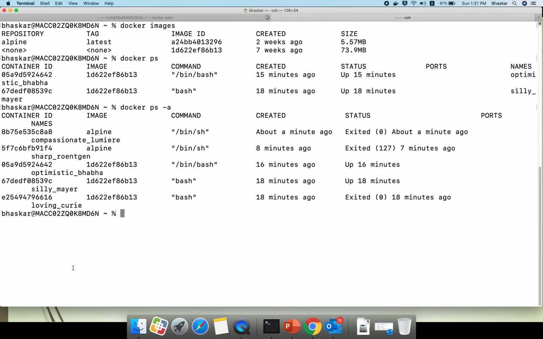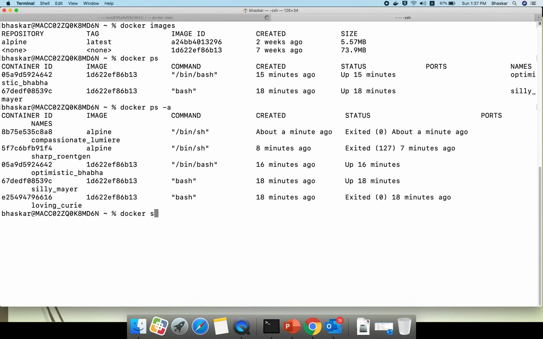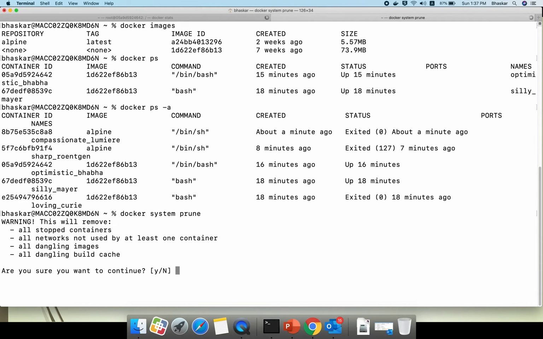If you want to delete all these containers and images, everything, if you want to clean, you can use the system prune command. First we'll use system prune. What will happen, we'll see. Docker system prune, I gave it.